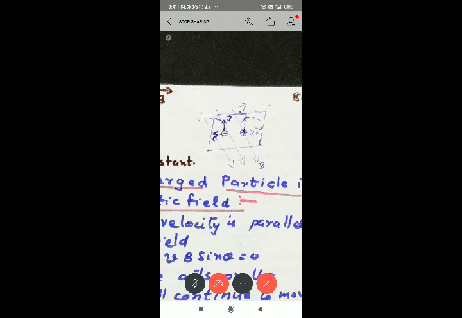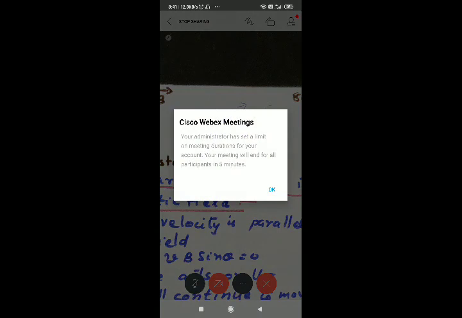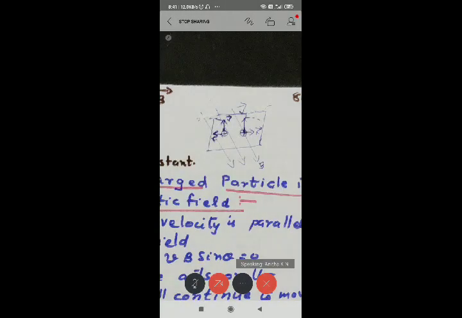Forefinger in the direction of field, and central finger upwards. Then in which direction does the force act? That you can see, force is acting